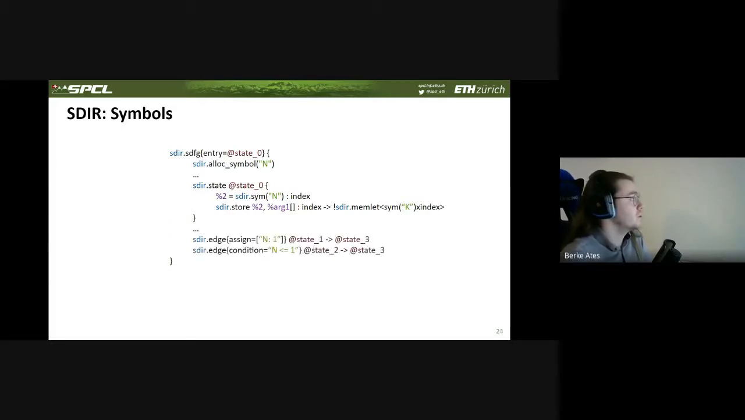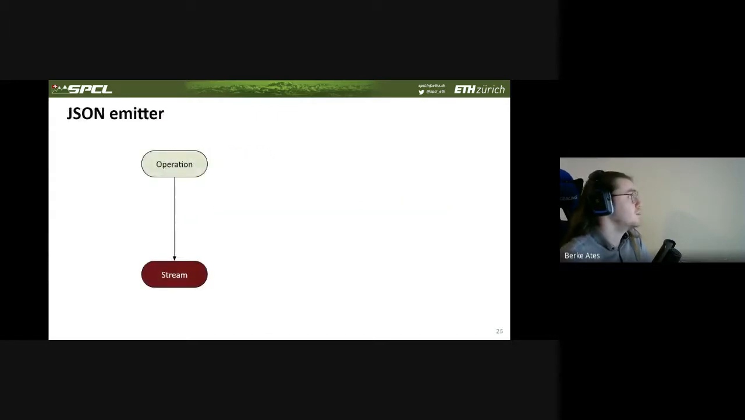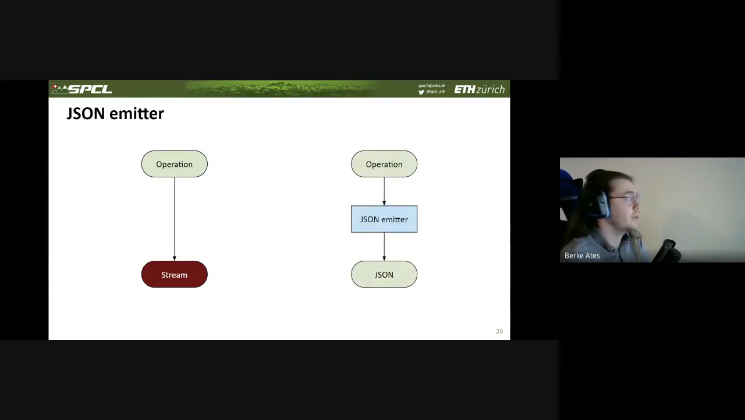Lastly, symbols are used in edges to assign values to them or in order to define conditional edges, as we have seen before. Now let's look at the translation process. Similar to all the present MLIR translators, we don't directly write to a stream while translating an operation. Instead, we implemented a JSON emitter, which restricts the output to a valid JSON, because SDFGs are stored as JSON